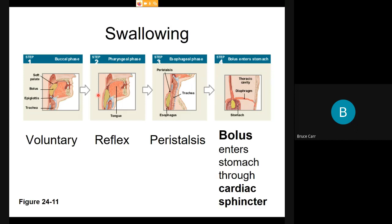When you enter that, you initiate that swallow and reflex takes over. Bam, the epiglottis closes the airway. The food moves quickly beyond it. And you can notice here the airway immediately pops open. You'll notice here the esophagus is bulging around the bolus, and that is going to assist the contraction in keeping this bolus moving. It's going to be continuous through the esophageal phase until it basically dumps the food right into the stomach. The bolus enters the stomach through the cardiac sphincter here in the diaphragm,